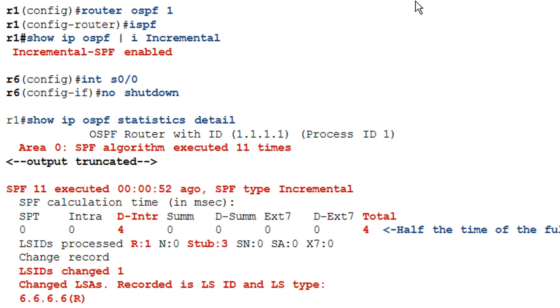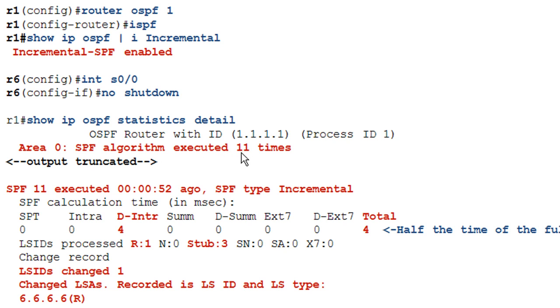Oh, I suppose I should mention that R6 had been shut down once again, so we were back to our topology without R6 in it. To bring it back up, we do a no shutdown on interface 0/0 on R6. That adds R6 to our network. We're going to reissue on R1 our show ip ospf statistics detail, and we see here that